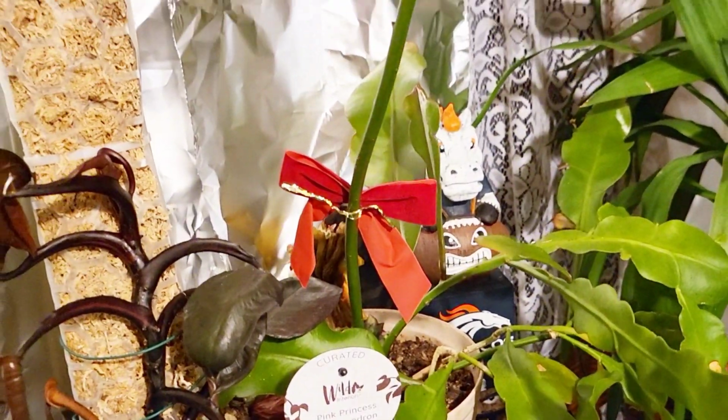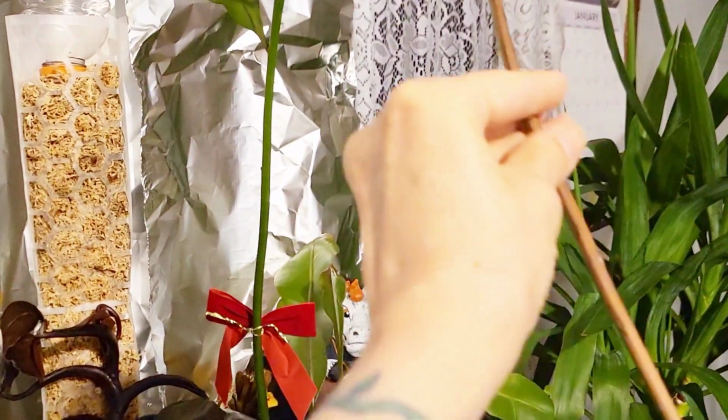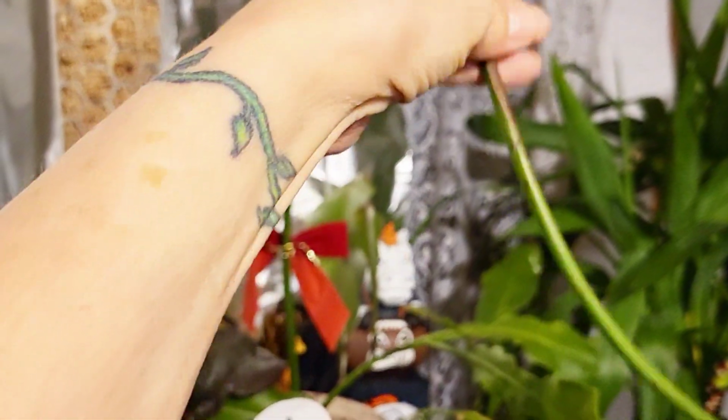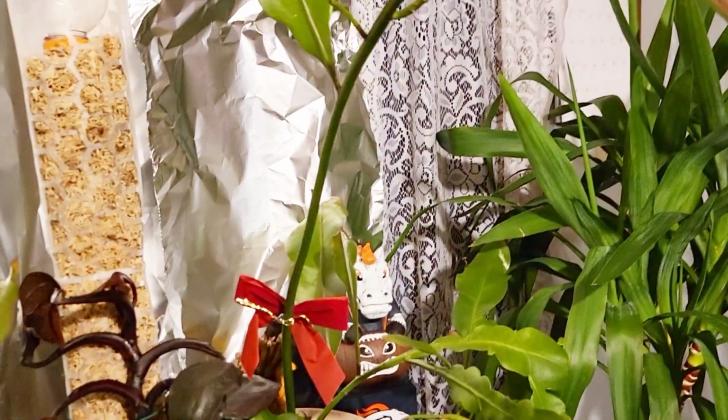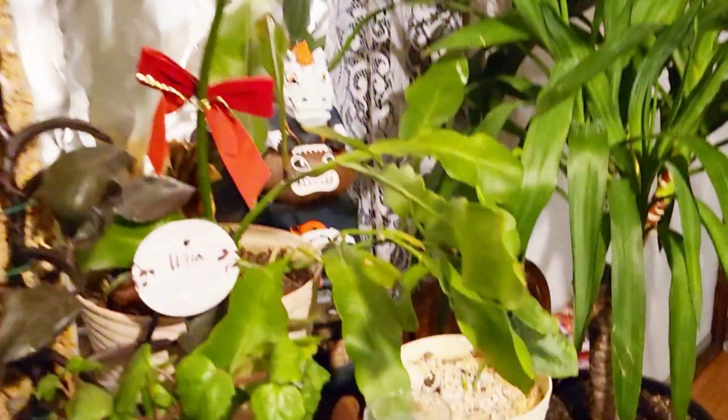Yeah, I got little bows on everything. I wanted to be festive. But look at how long his tendril is. Woo-hoo. At some point in time, he'll get a flower. I don't know when. And then my